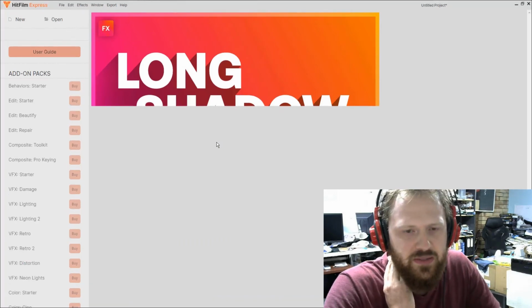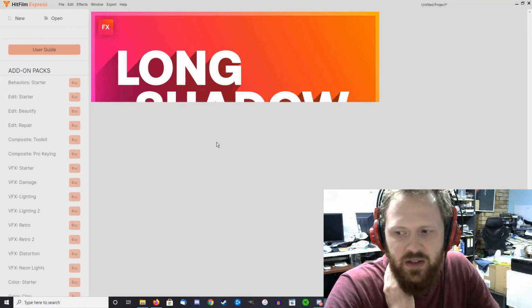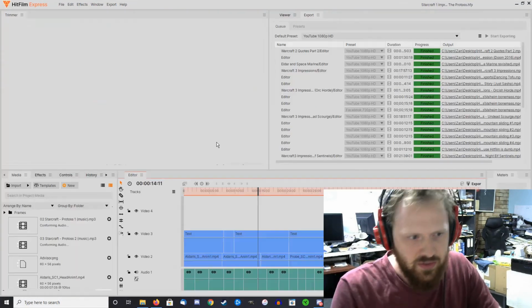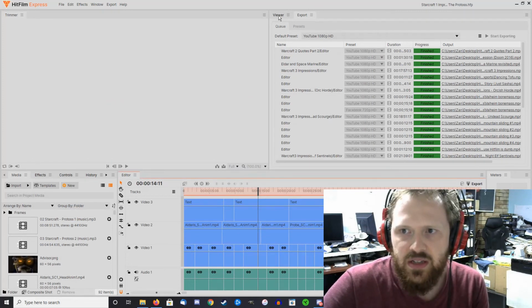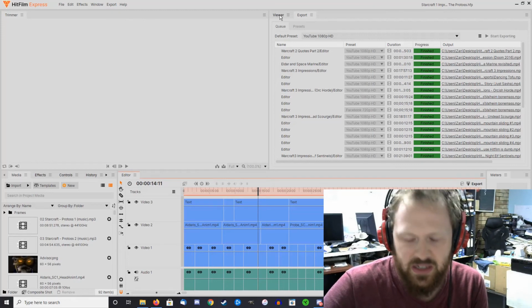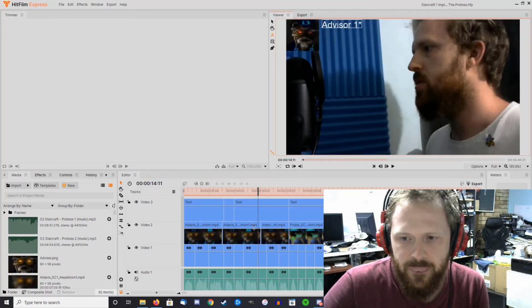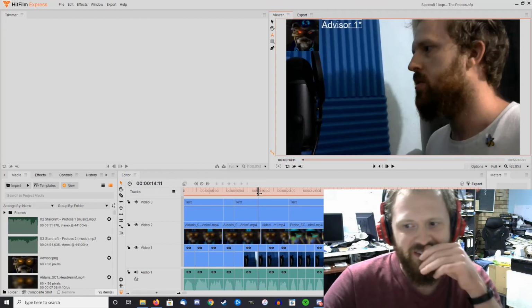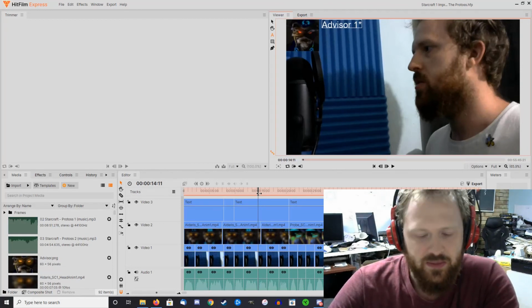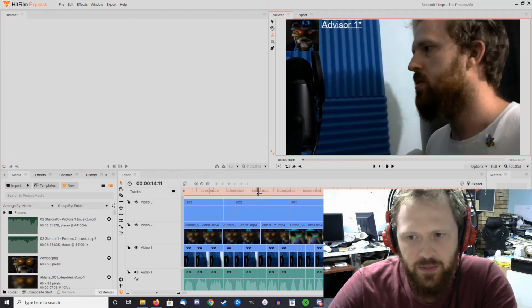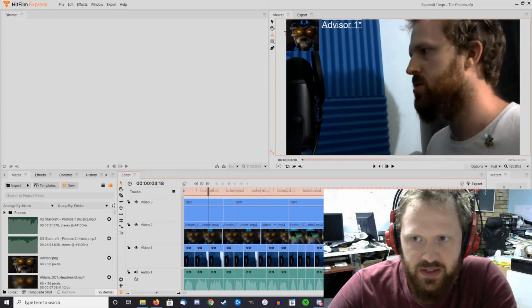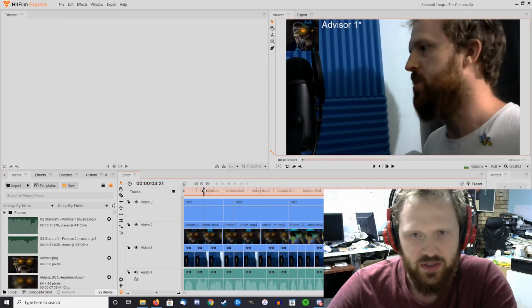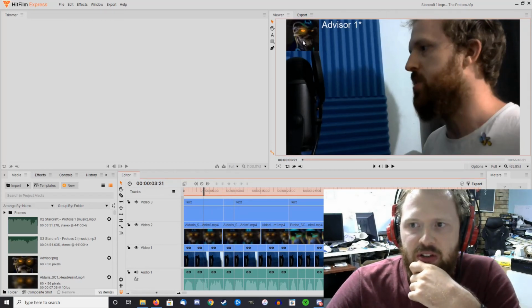I don't know if that's just my computer or if that is Hitfilm, but I notice it gets more demanding the more individual tracks I have, and each of these split tracks counts as a separate track. So as you can see here, once it's actually loaded in, oh yeah, this is actually really neat. From the StarCraft wiki, I was actually able to find GIFs. I was actually able to get the GIFs from the unit portraits on their wiki pages and sort of include them